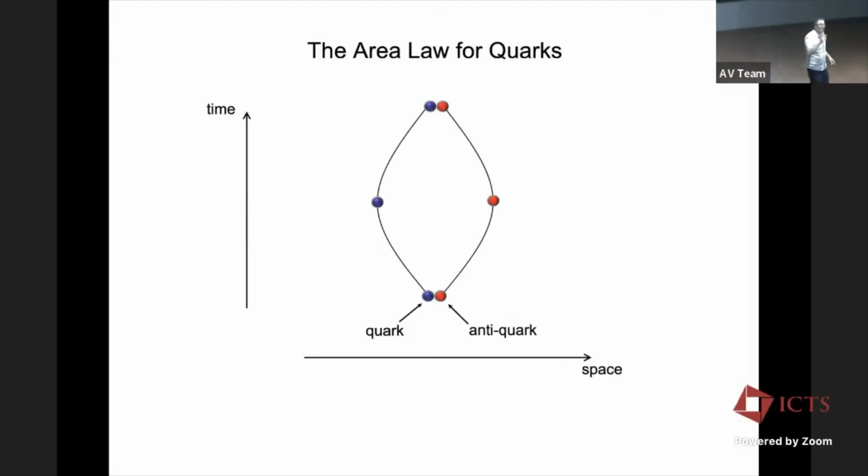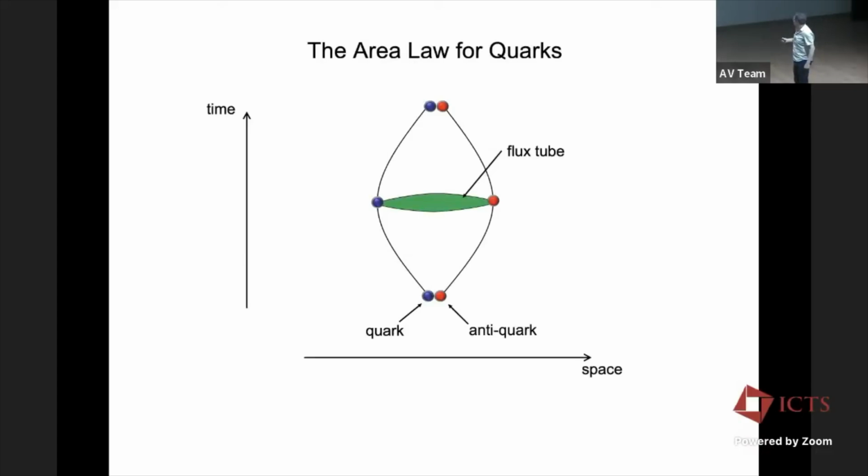So the area law for quarks is something that we've understood for a long, long time, since the 1970s, and it's the following. This is a space-time diagram. Take a quark and an anti-quark, and originally they can be together, and just pull them apart, and then put them back again. And ask what happens when you do that. In particular, how much energy does it take to pull them apart and put them back again? So what happens? Well, we know from what I said earlier that the quark and antiquark have a flux tube between them. And so here's the flux tube just at some particular time when they're as far apart as possible.